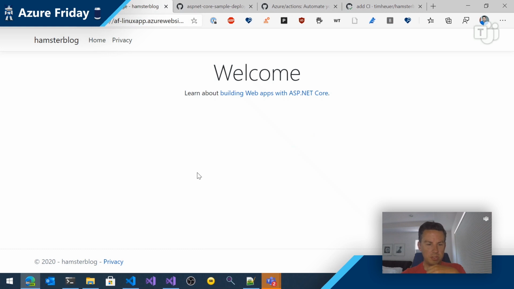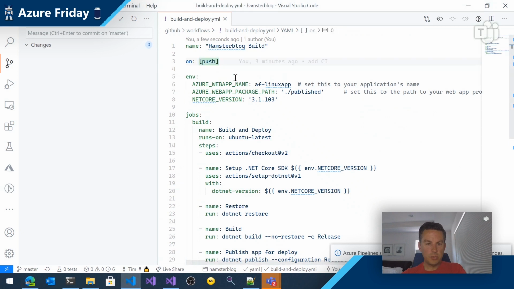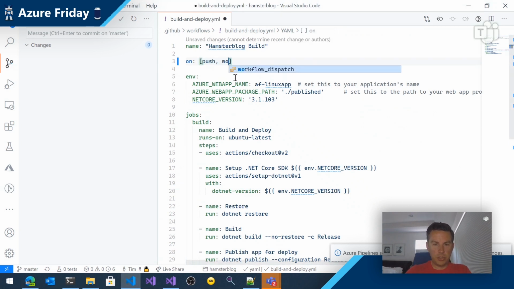So the hamster blog is myhamsterblog.com. They just did it in Visual Studio Code and they manually FTP that. Right. And there we go. So there's our hamster blog. It works. Lovely. And so now any changes that you wanted to do, so we could say, push, workflow dispatch